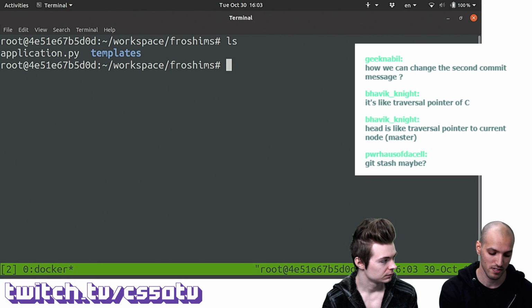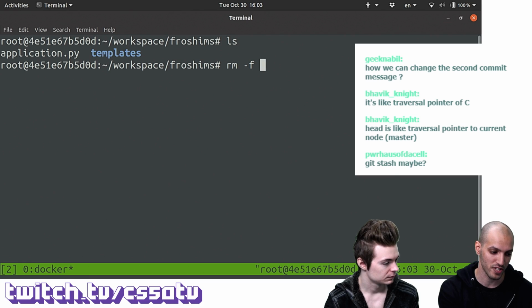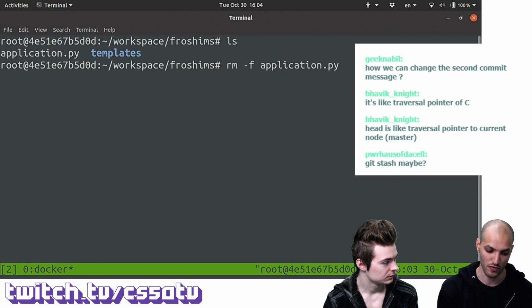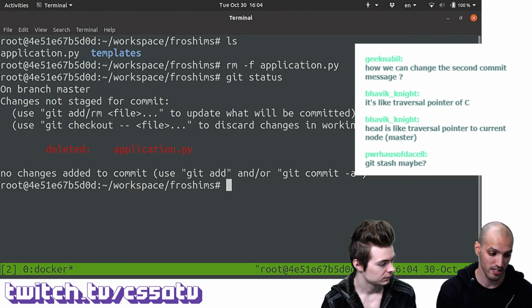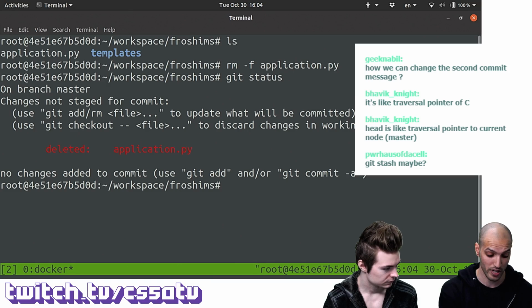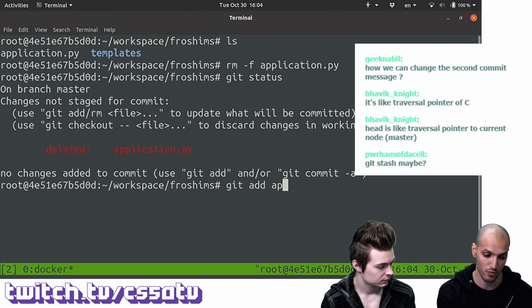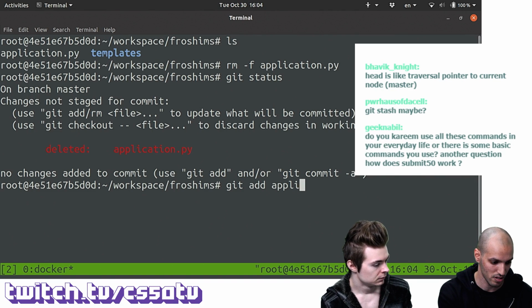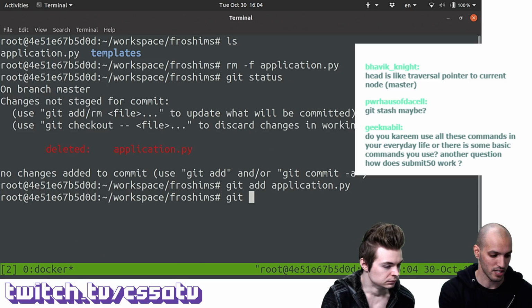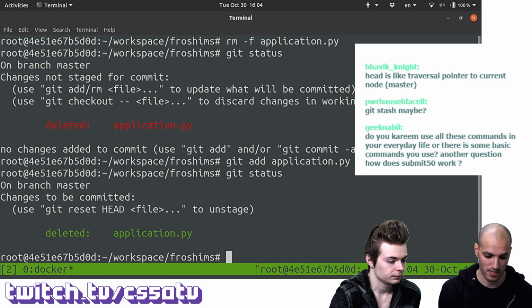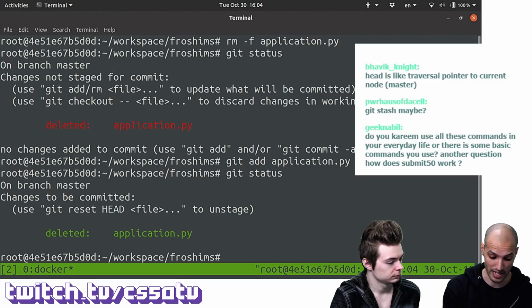Okay, so one thing you might be interested in doing is removing one file, and there is more than one way to do this. The easiest, of course, is to actually remove this file. So suppose I want to remove application.py. If I do git status again, Git is going to tell me, hey, this file is deleted. And you can literally add this to the staging area like we did with any other change, git add application.py, git status, same thing, and then we can commit this like last time.